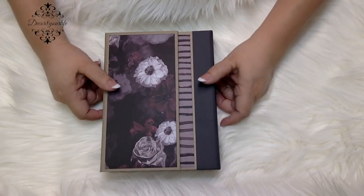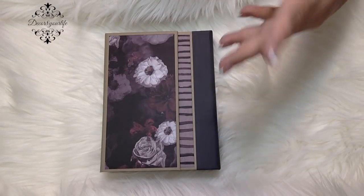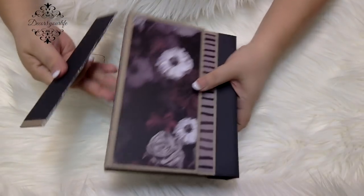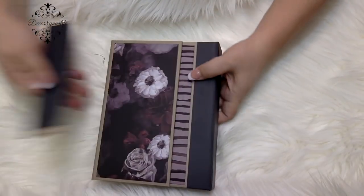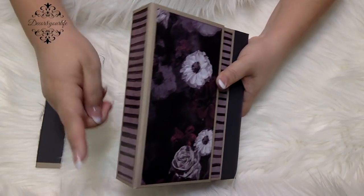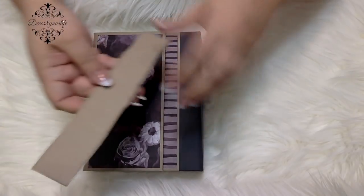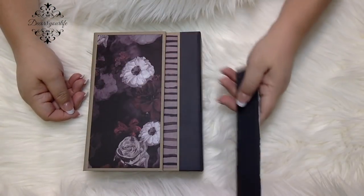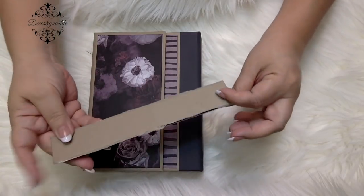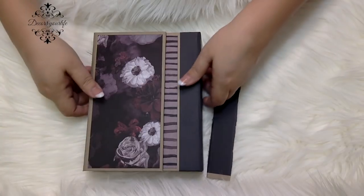I made a big boo-boo, okay? When I was putting everything together, I mismeasured, okay? And it's evident right here, but it all worked out just fine. What I had done was I did this side 1.5, and then I did this side 1.25. Oh my gosh. As you can see, I had put the cover together and everything, and then it was just